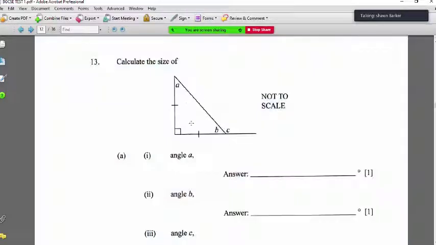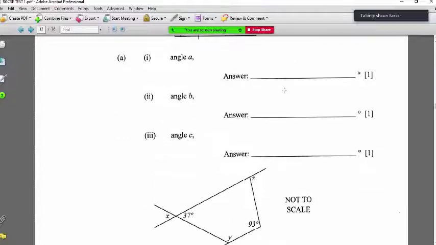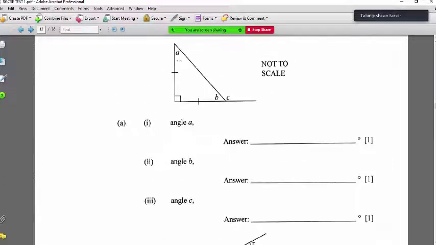And in this case, since only these two sides are equal, and not the hypotenuse, it's a 30, 60, 90. The smaller angle is always 30. The larger one is always 60. And then this one is always 90. Okay, so that's going to be 30, 60, 90 degrees. And always remember that the total angles inside a triangle always add up to 180 degrees. Okay.